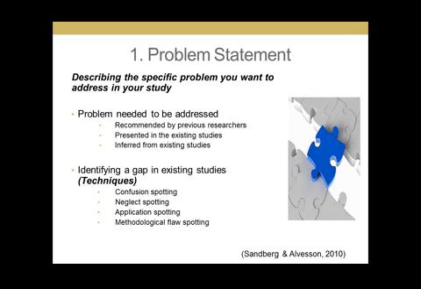Neglect spotting is where there's an area which has been overlooked, or researchers are not doing any kind of research in that area, or there's lack of empirical evidence or support, and then you want to do research and see what is going on, or you want to try to understand the phenomenon that nobody is focusing on, or less information has been collected from that area. And the next one is application spotting. This is where you are building on the existing study. So based on what has been done, what are you going to do, right? You are building on the existing study, or you are doing a study to complement what has been done.